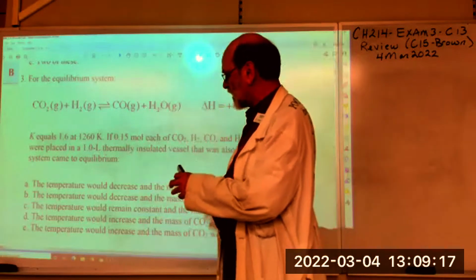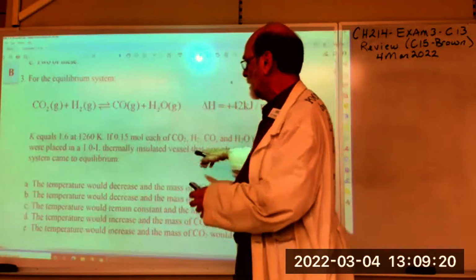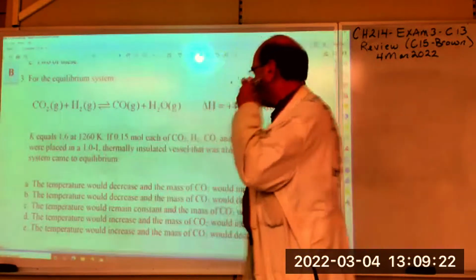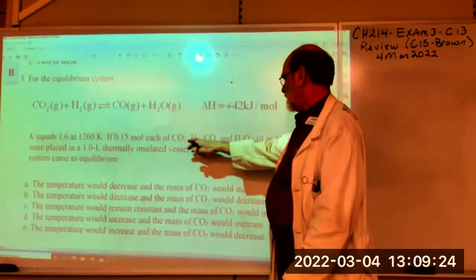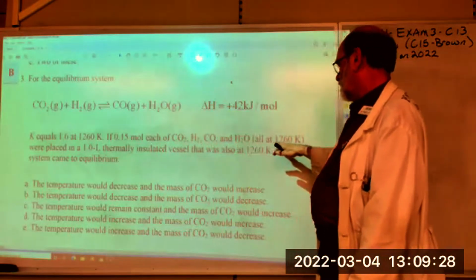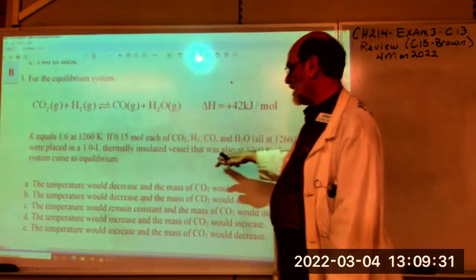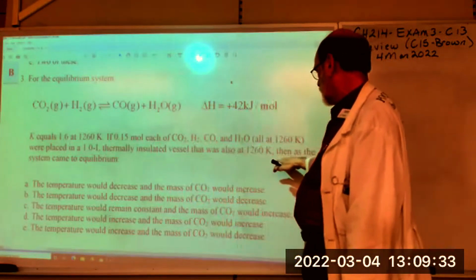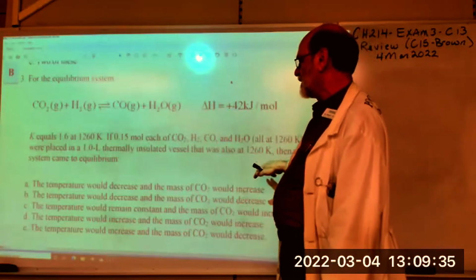We haven't given it any condition changes yet. If 0.15 mole each of CO2, hydrogen, carbon monoxide, and water, all at the same temperature, are placed in a 1 liter thermally insulated vessel, then as the system came to equilibrium,